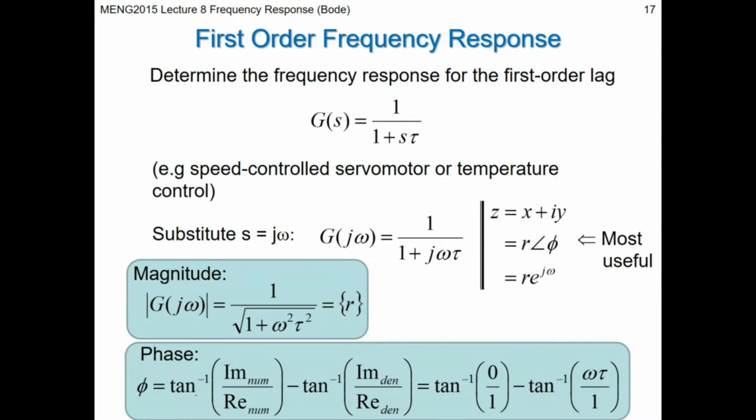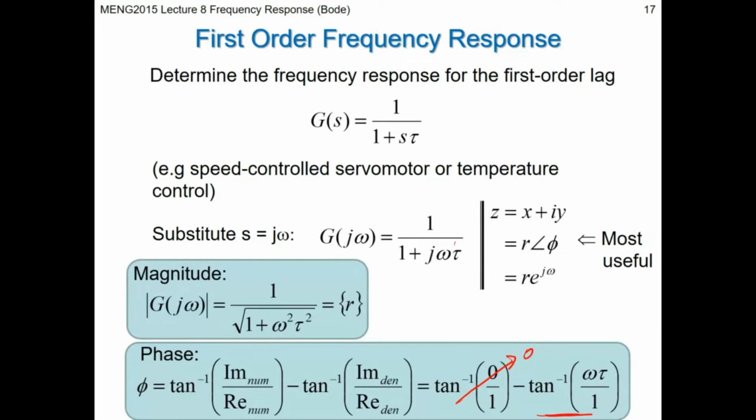Our phase is the inverse tan of the imaginary part of the numerator over the real part of the numerator, minus the argument of the denominator, which is the imaginary part of the denominator over the real part of the denominator. There's no imaginary part on the numerator, so that goes to 0. And we end up with minus tan to the minus 1 of our imaginary part,